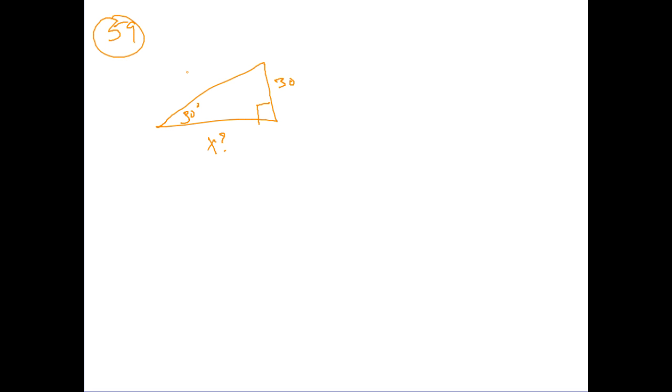All right, so this has nothing to do with the hypotenuse. We're not given the hypotenuse, and we're not trying to find the hypotenuse. So we have to look at which trig function we want. Let's look at SOHCAHTOA, and which trig function does not use the hypotenuse? Because we don't know what the hypotenuse is. We need one that uses the opposite and adjacent, because this is the opposite side and this is the adjacent